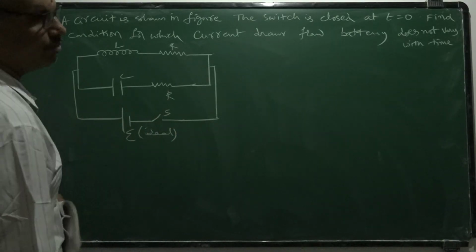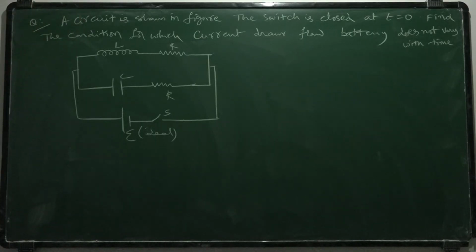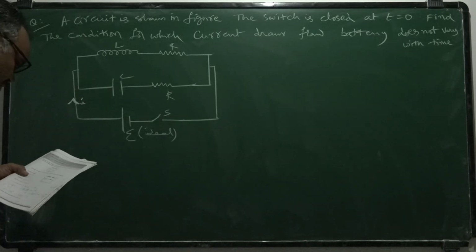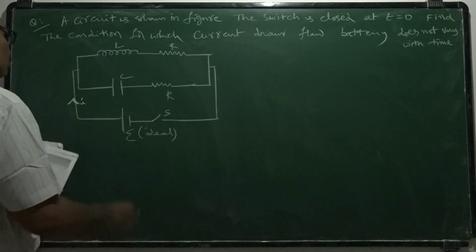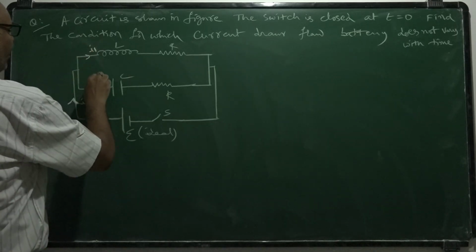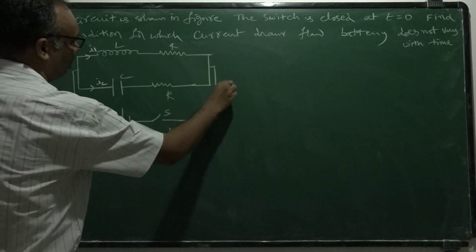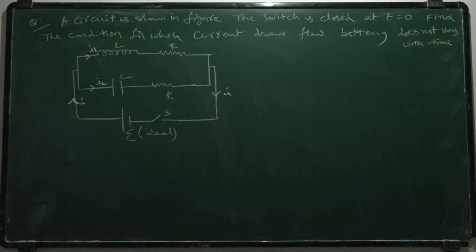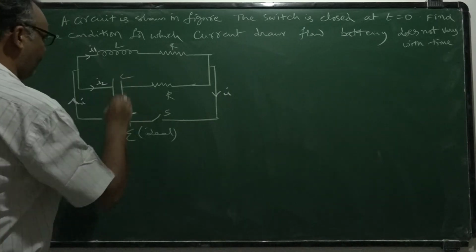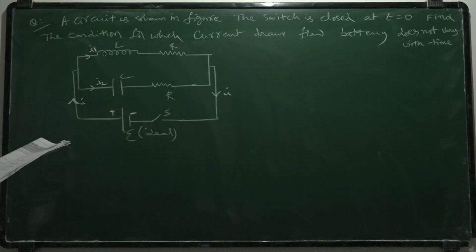This question also can be solved along similar lines to the earlier question. Let I be the current coming from the source of EMF. This I is divided into I1 and I2. Again it rejoins as I and moves to the negative terminal of the battery. In the question, at time t is equal to 0,